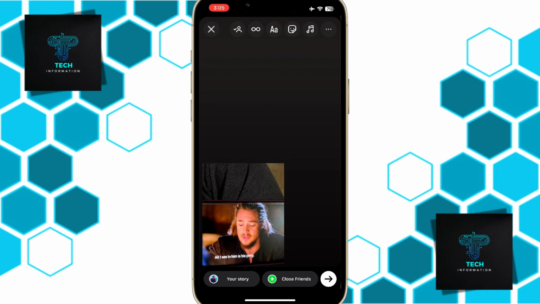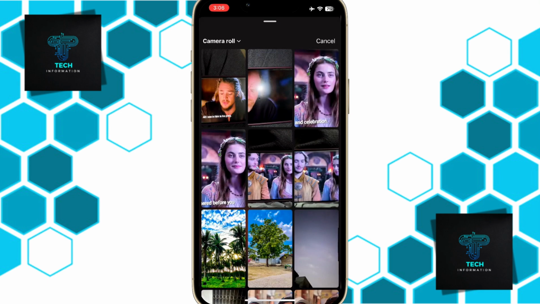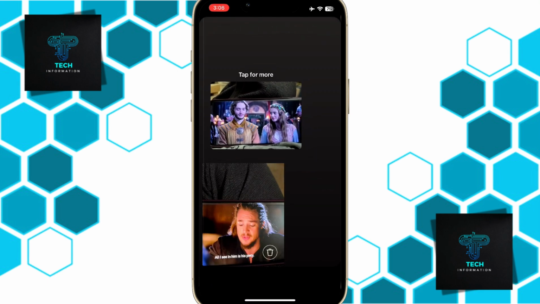now tap on the sticker icon, now tap on the photos, select the second picture, now resize it,